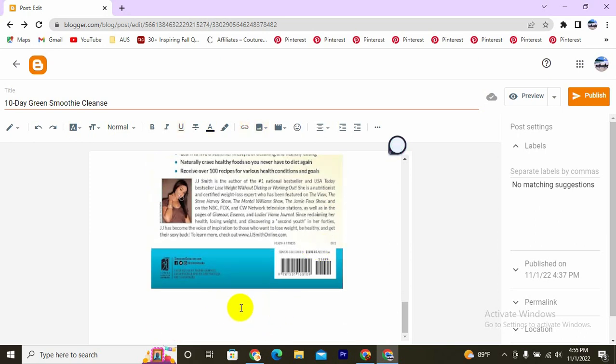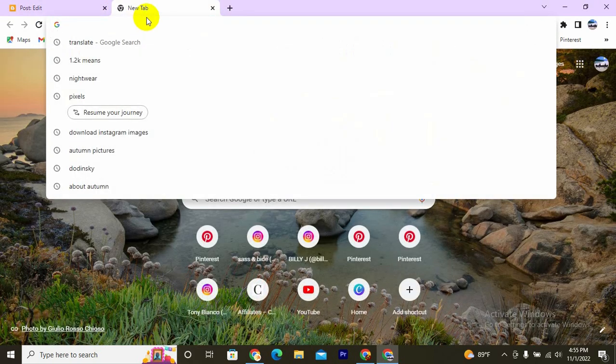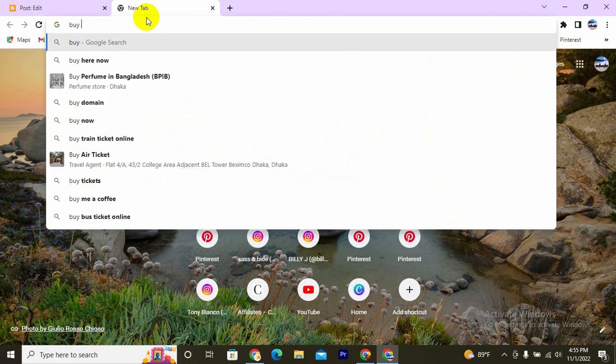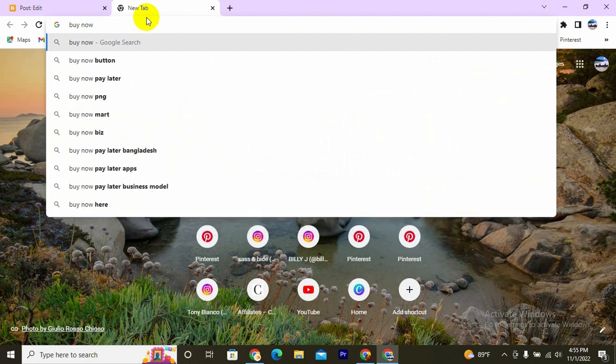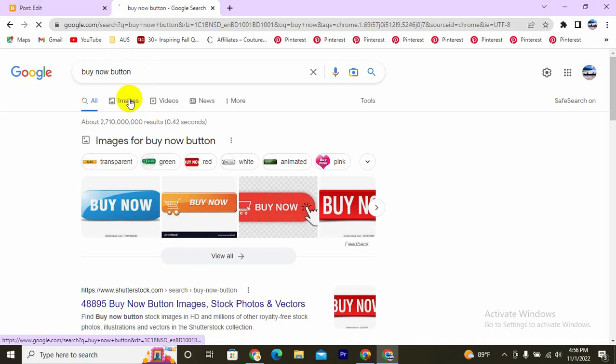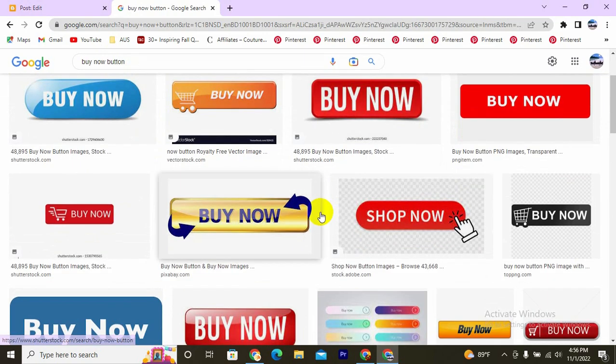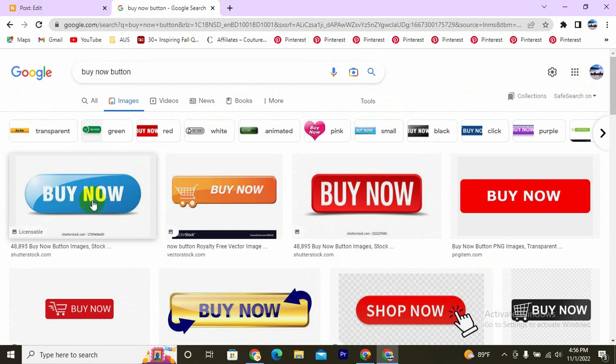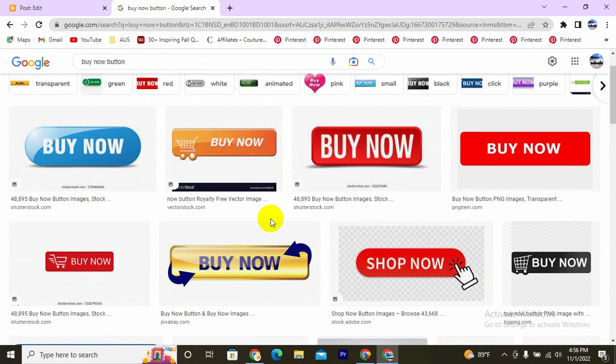So here I add a buy now button. So how do you get this buy now button? Then go to Google and search buy now button. Click here and you can see, click image, and you can see lots of buy now buttons here. You can download a GIF file or whichever one